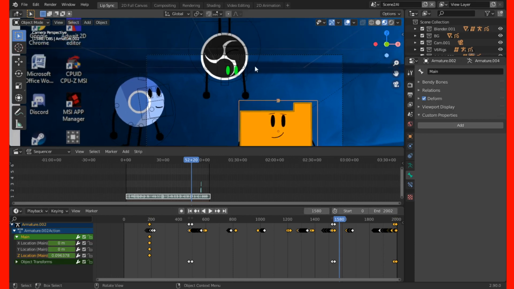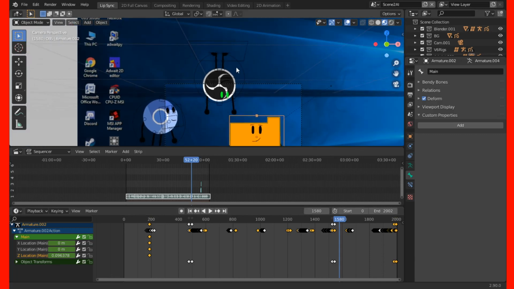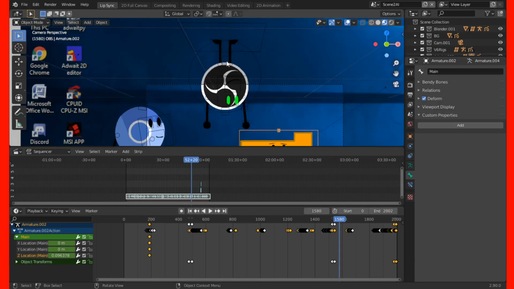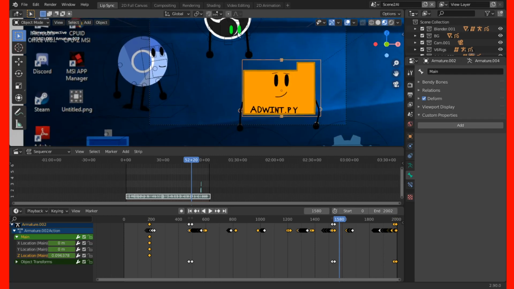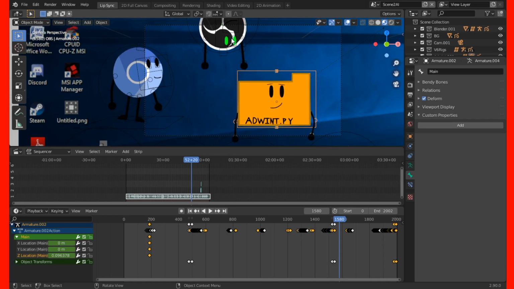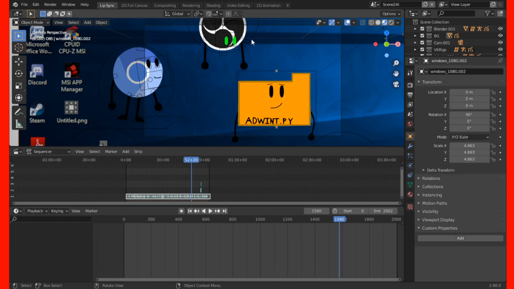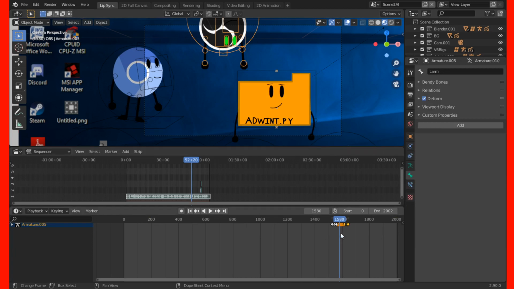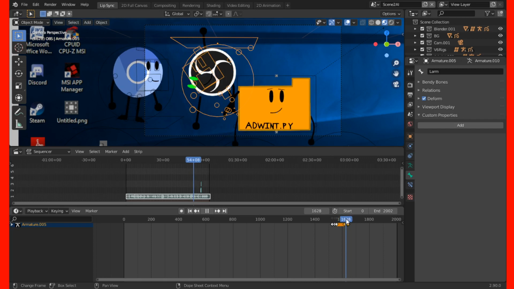If you watch the episode, you must have seen how OBS comes at the top of the screen over here. Look, he's just floating in midair, upside down. I did it on purpose. I put him on this part of the screen so that you can't see his mouth, so I don't have to animate lip sync for him. That was the dumbest thing I did while animating this episode.